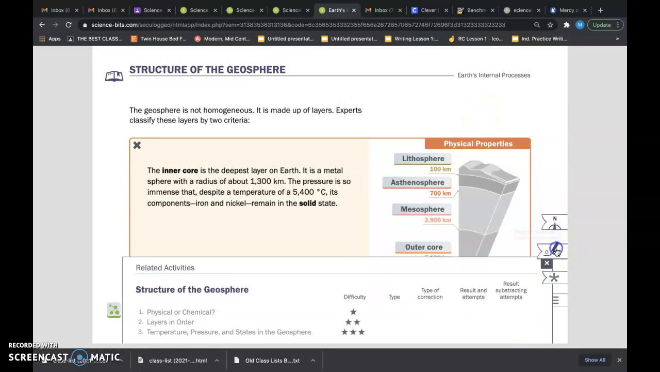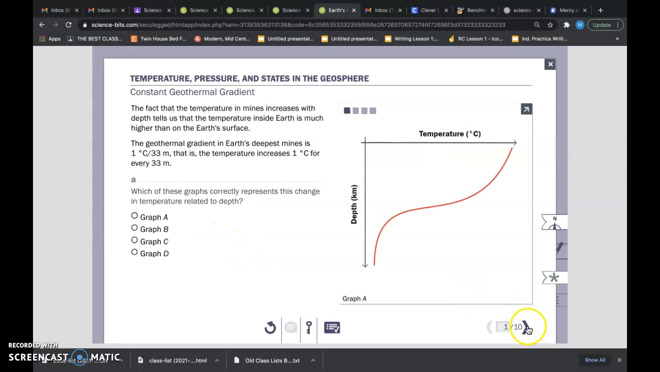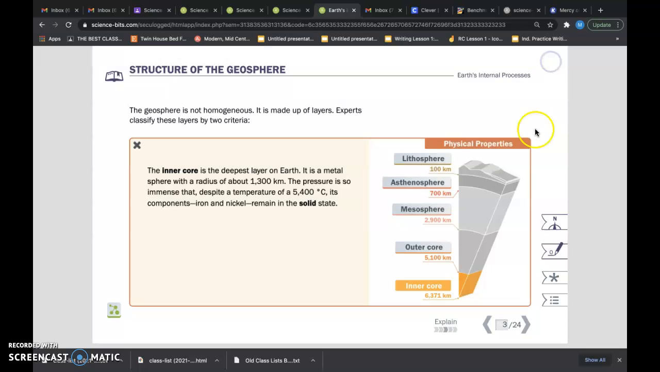And then remember to complete all of the activities. Some are easier than others, okay? The first two here, if you took notes and paid attention to the diagrams, these are going to be easy. This temperature, pressure, and states in the geosphere is going to be a little bit trickier. So you have to read graphs and look at diagrams and think about how